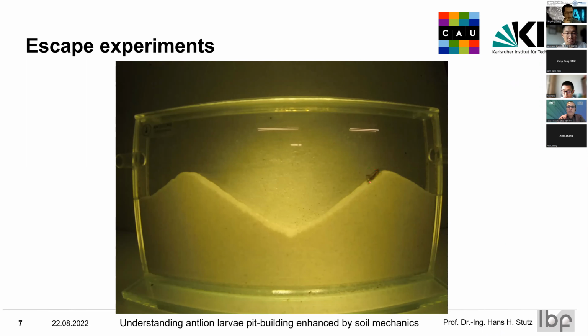Why we used the cricket, even so the name of this insect is the antlion, is because ants start crawling all over here at the wall, and this cricket usually doesn't do it too much. So that's why we use this cricket, which is also a common prey for this